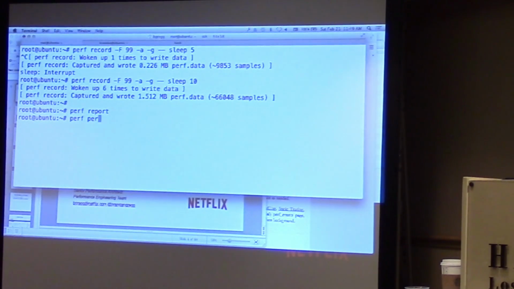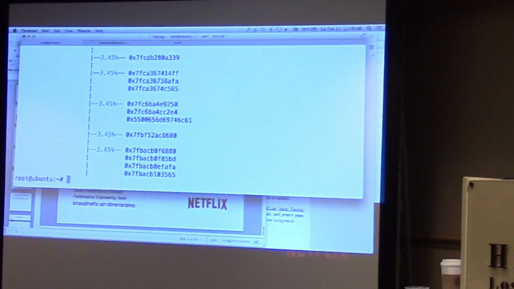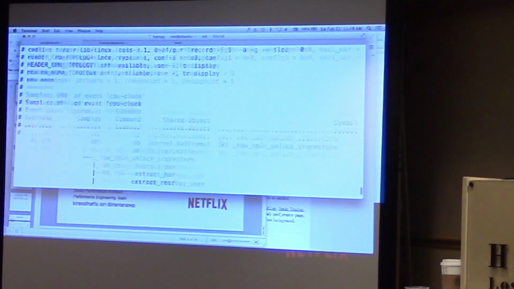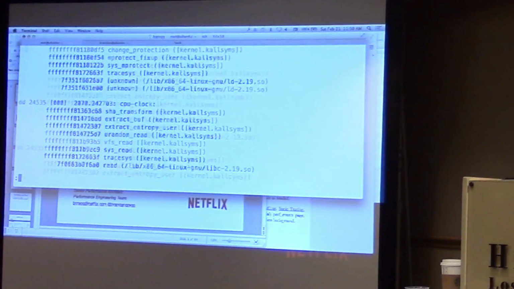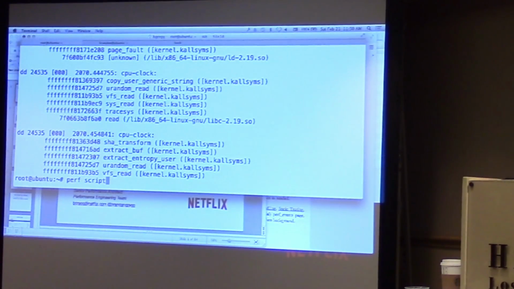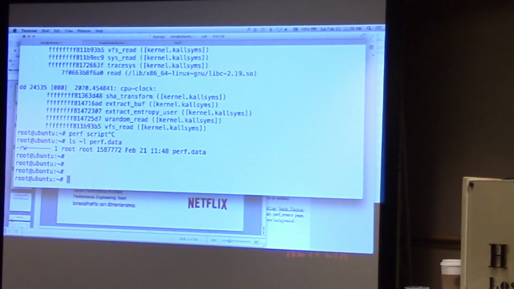There's also perf report with -n --stdio, which will do that, but instead of ncurses, you'll just dump it out. And I can also do perf script, which just dumps out all the events. So with perf script, I have this perf.data file, which was created by perf record, and now I'm using different ways to look at it. And with perf script, what I like to do is